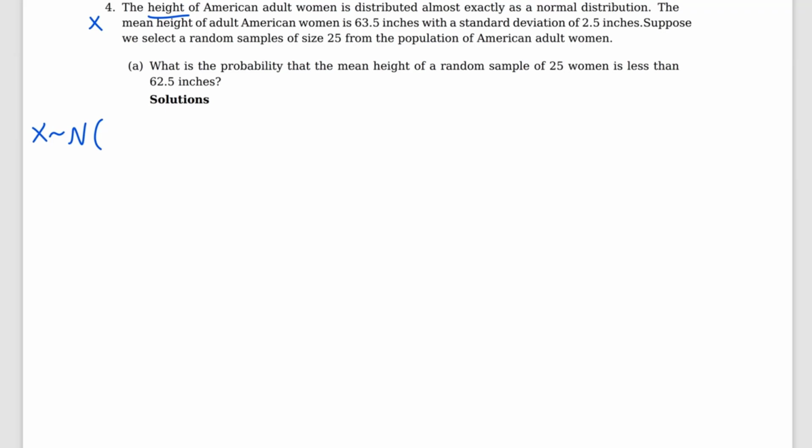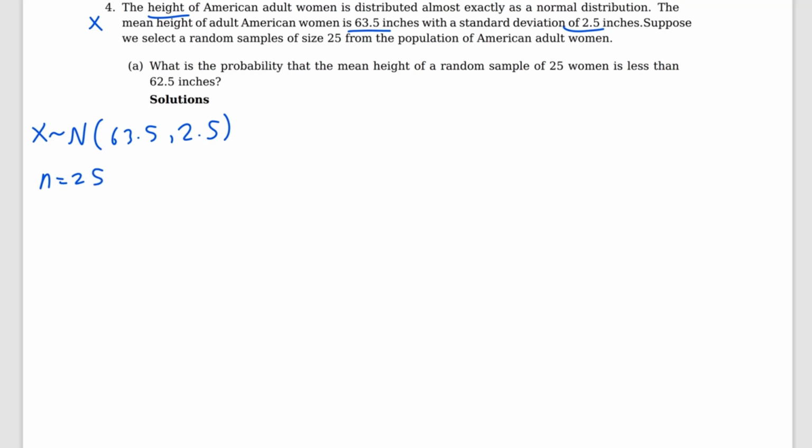Mean height is what? 63.5 inches. So 63.5, and standard deviation 2.5 inches. Suppose we select a random sample of size 25, n equal 25 from the population of American adult